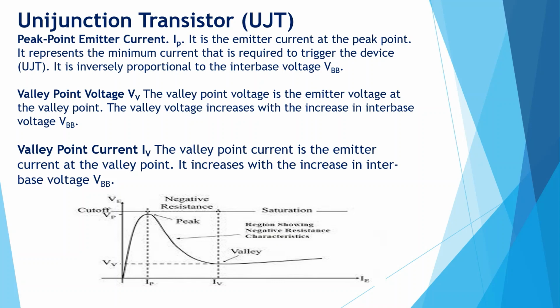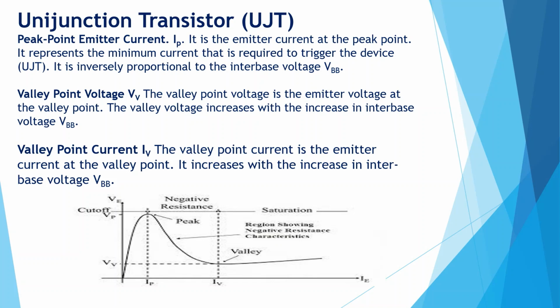That means the potential when no emitter voltage is applied. The current IEO corresponds very closely to the reverse leakage current, that is ICO. As I told you, if the voltage across the emitter does not exceed the voltage across RB1, the PN junction will be in reverse bias condition, and in reverse bias condition only leakage current flows, which will be specified as IEO. So the current IEO corresponds very closely to the reverse leakage current ICO of the conventional BJT. This region, as shown in the figure, is called the cut-off region.